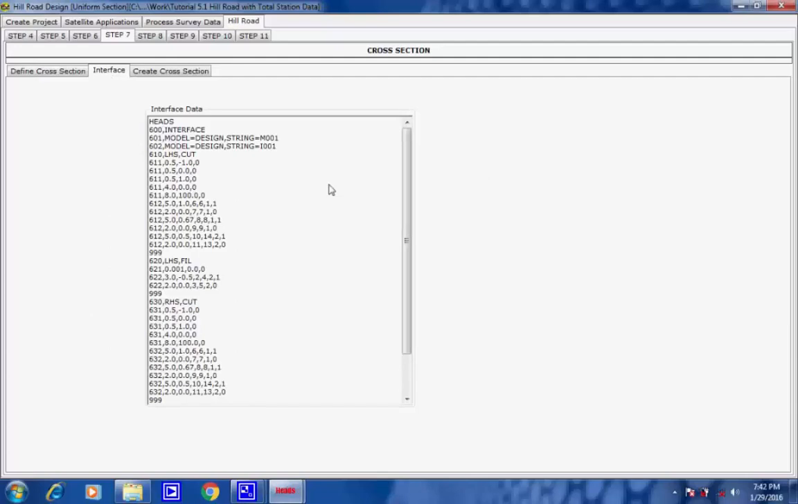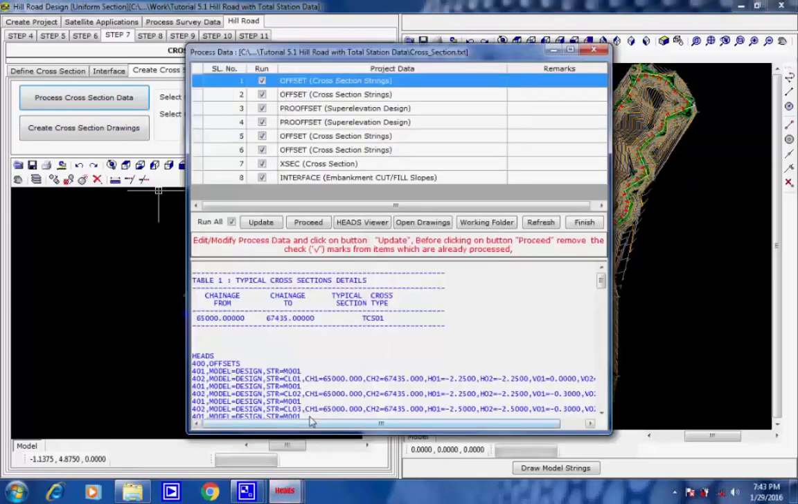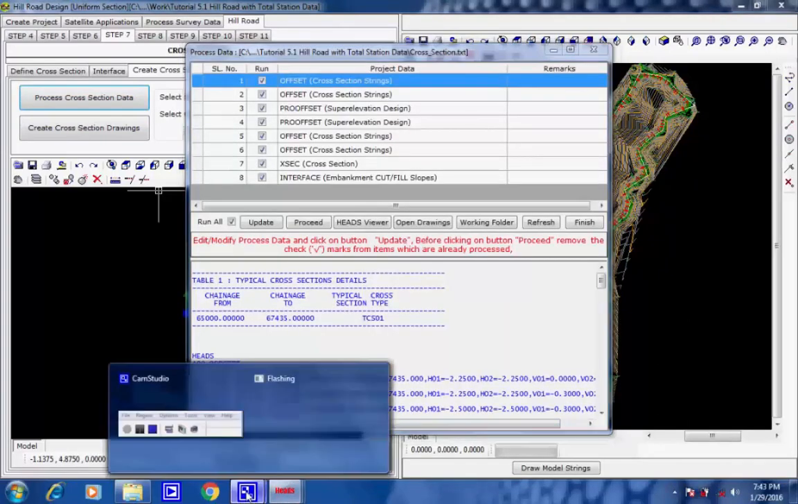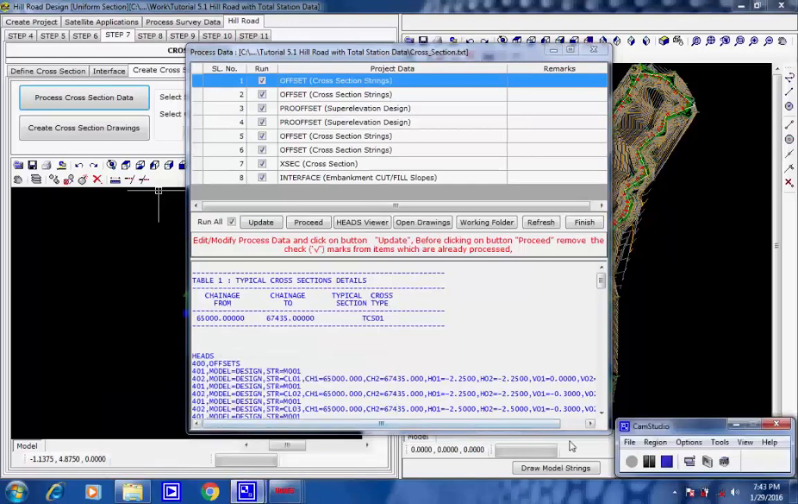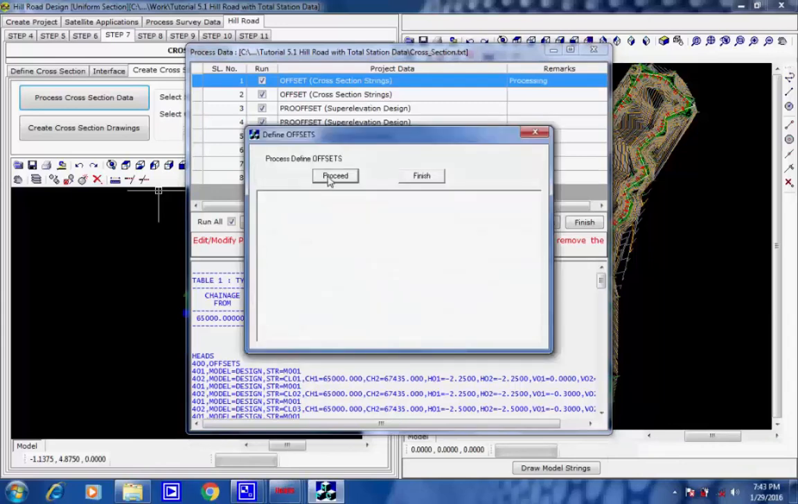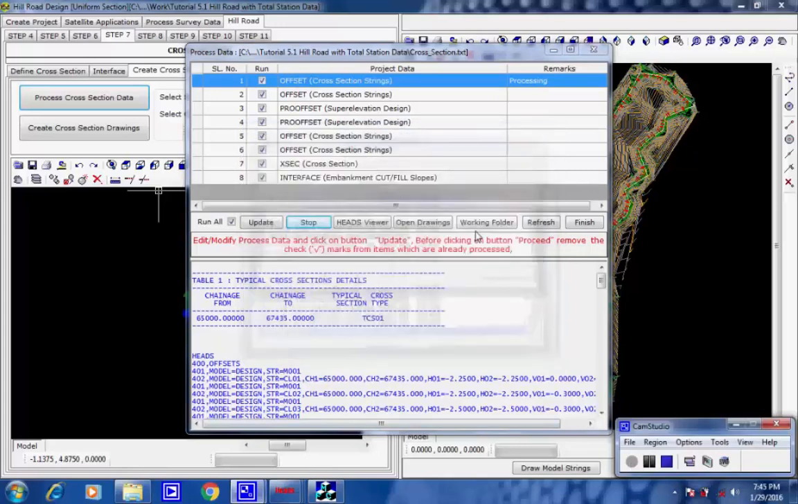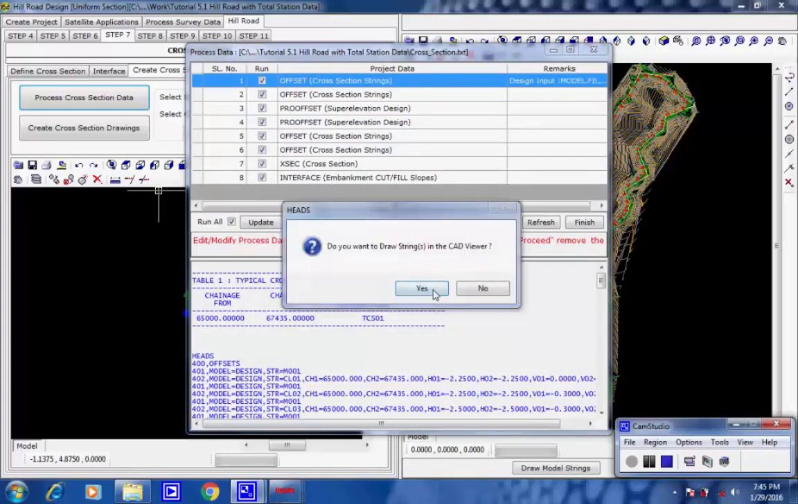Next, we select the page interface to create data for stepped embankment slopes on left and right hand sides in cut and fill situations. Next, we select the page to create cross-section, we click on button Process Cross-Section Data. The process box comes with list of batch processes in proper sequence. We click on button Proceed to process each step with the related data as displayed in the lower part of the process box. Every time we click on button Yes,